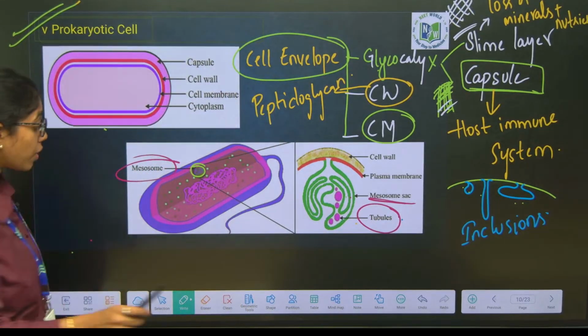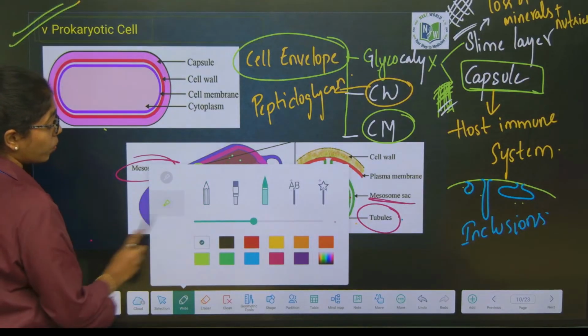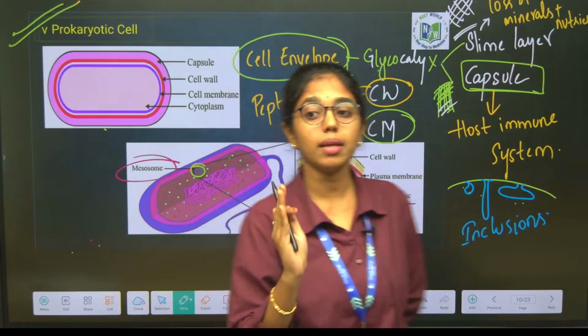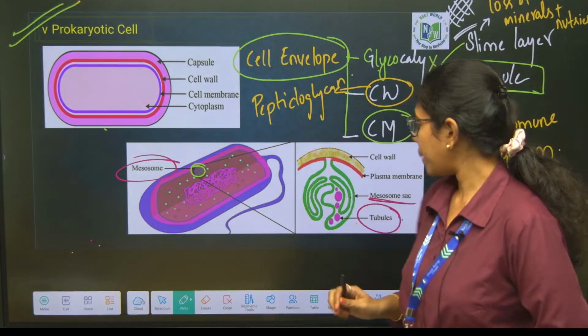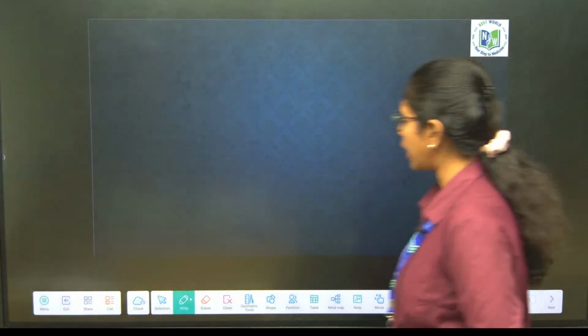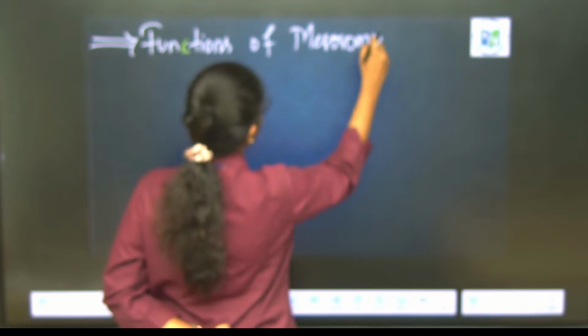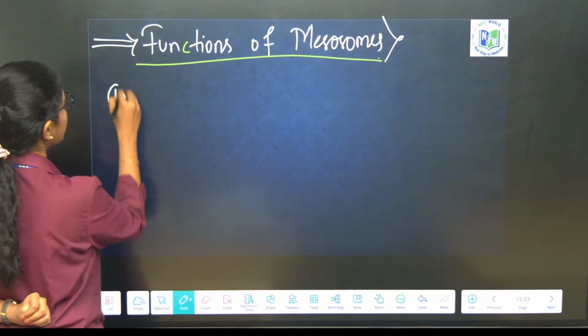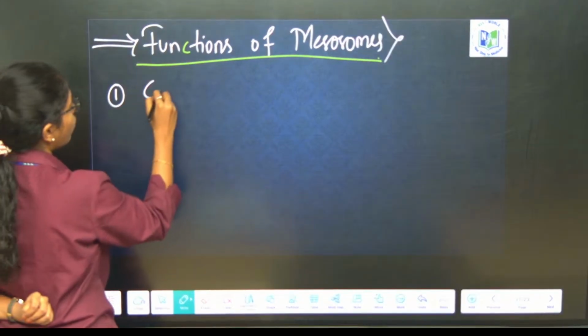What are the major functions of these mesosomes? Mark my words, many times in your final NEET examination, questions are asked on the mesosomes. Okay, the major functions of the mesosomes include, take down now, functions of mesosomes. The first is cell wall formation,